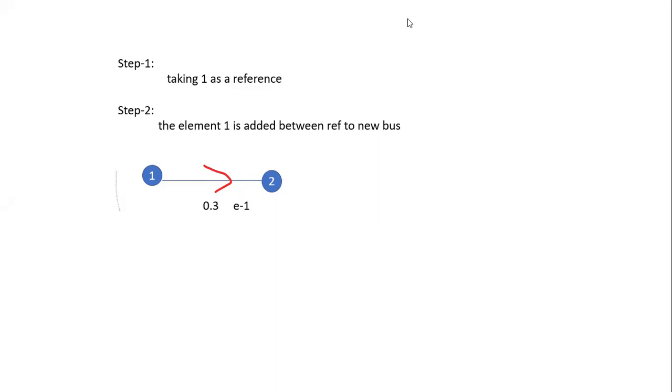The two nodes are the two buses: 1 is the reference bus and 2 is the new bus. This is a reference to new bus connection. Therefore, when an element is added between the reference and a new bus, which type of modification is it?